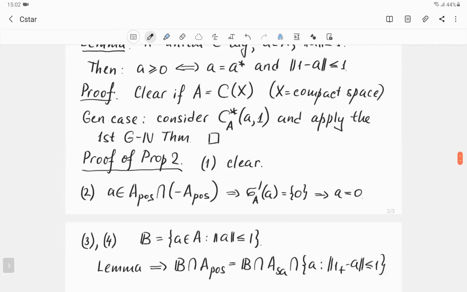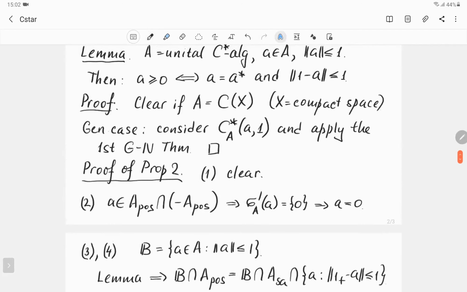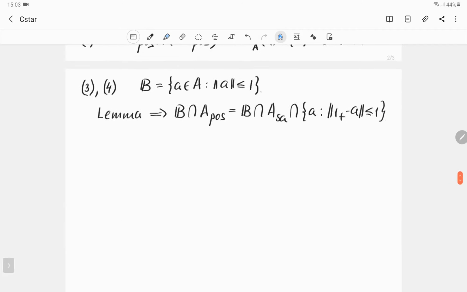So look, if we have an element in the unit ball, then it is positive, that is, belongs to this intersection, if and only if it is self-adjoint, and 1 minus a is less than or equal to 1. So here we have to work in the unitization because we don't assume our algebra A to be unital. So our lemma is equivalent to this formula. But now this formula readily implies that